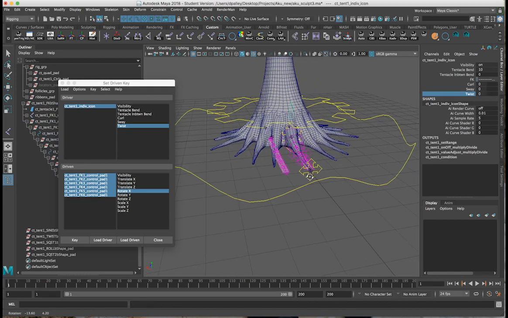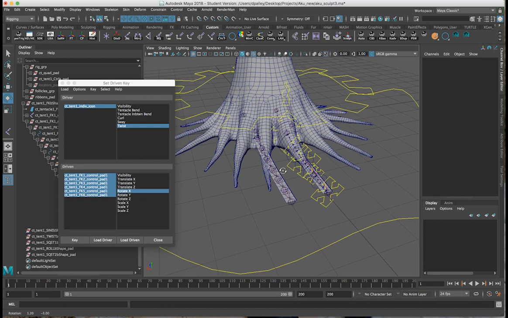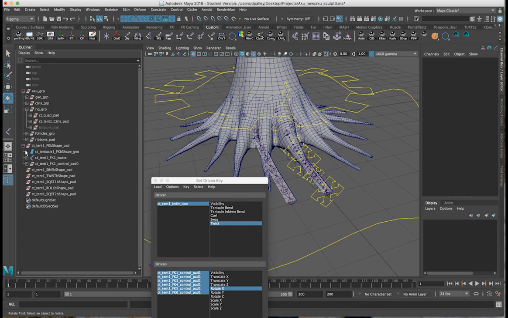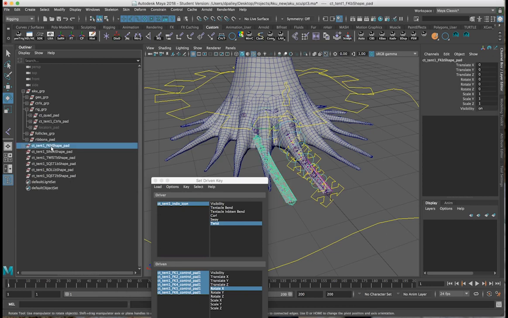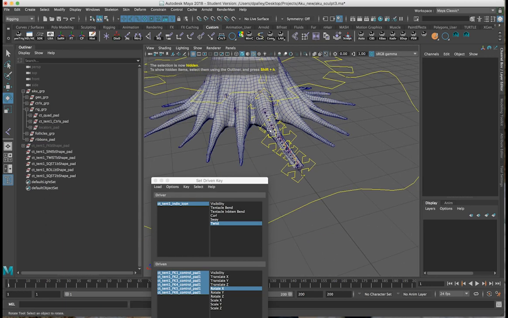Alright, so we got our set-driven keys all done. So the FK part of the blend shapes is officially done. So we can take that FK setup we have here and we can hide it, so we can move on